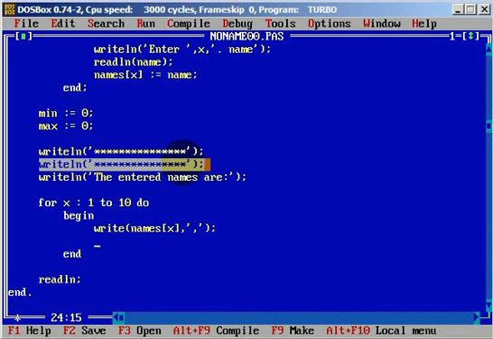Okay, but also we will need an if statement. We will display the names, but we also will have an if statement. We want to define a minimum. Okay, if, and we define minimum, but we want to define a name with the minimum number of letters. But first we will need if minimum